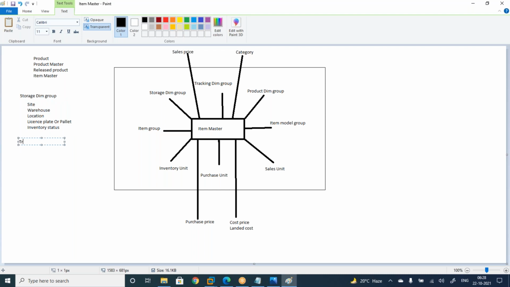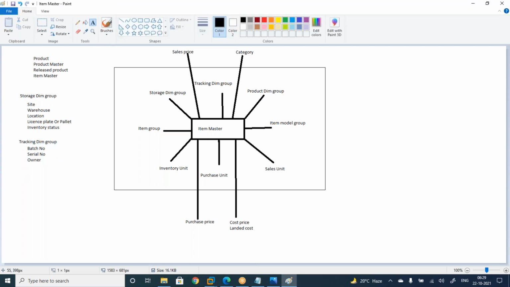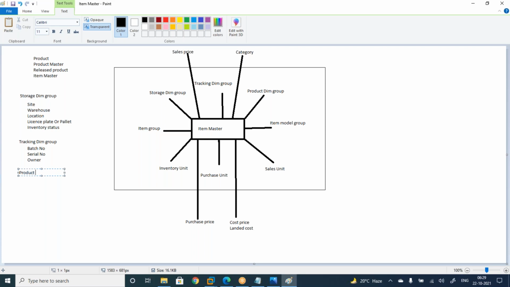Next, the tracking dimension group. In the tracking dimension group, you will find batch number, serial number, and owner. Product dimension group means color, size, style, and configuration.